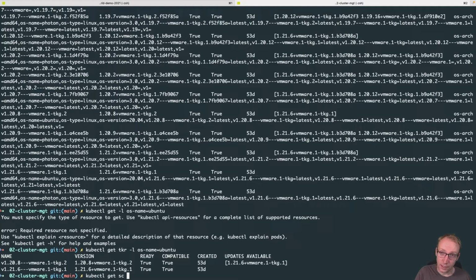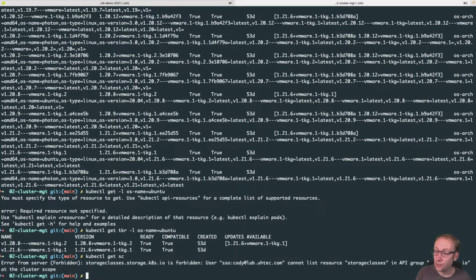So if I execute that command, I will get an error. As you can see, I'm not allowed to get the storage class. As I said, it's cluster scoped, and we only have access to this namespace, so we cannot request this object for this namespace only. So what we need to do instead is we need to do a kubectl